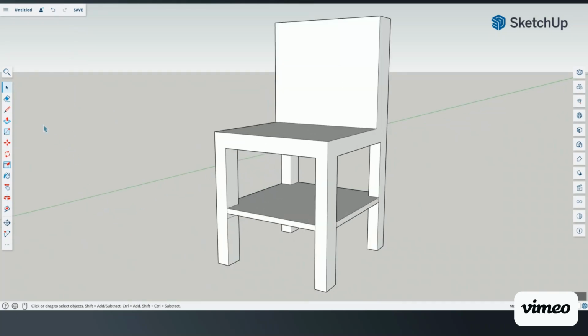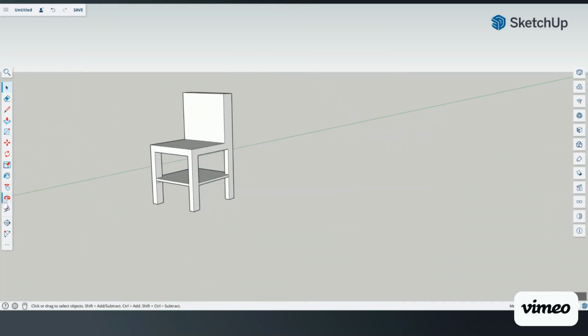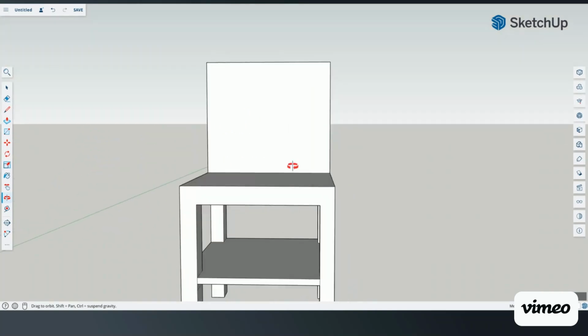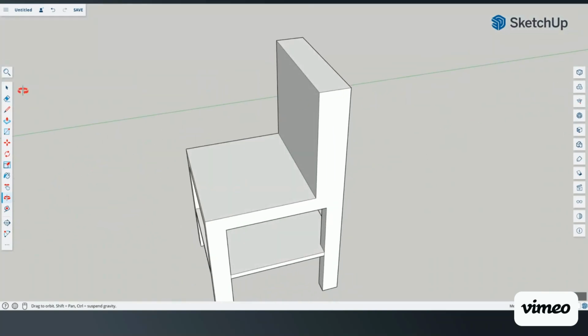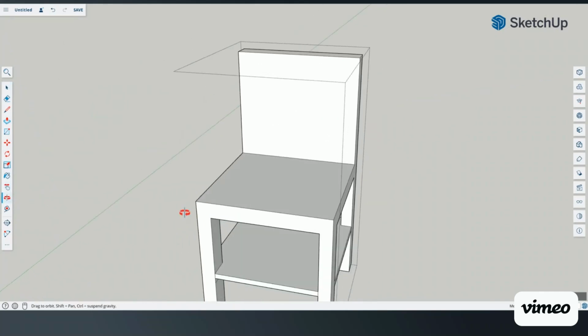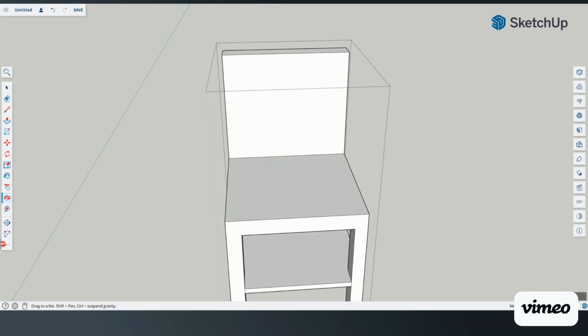If you want to create other elements to this type of chair, such as maybe rounding off the back, you can do so. If you decide, I want to use that push-pull to maybe line my back up, I can do that here. If you want to add any other elements like curves to your chair, you can do that as well by possibly using your